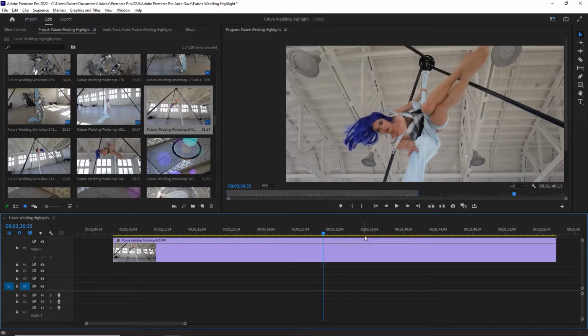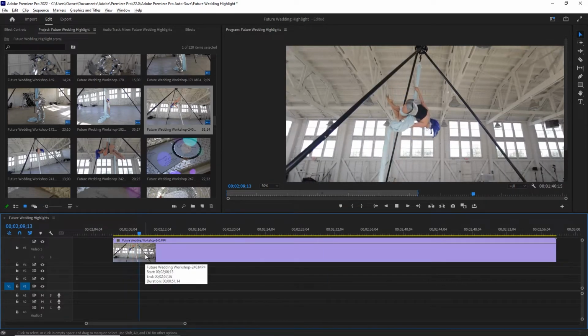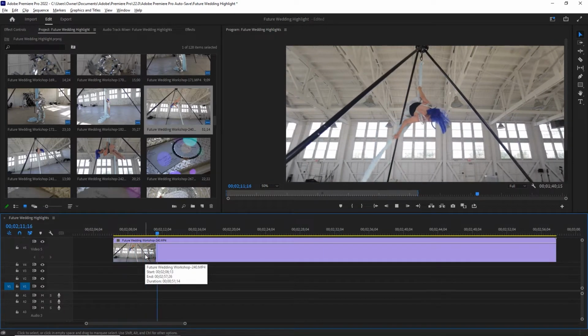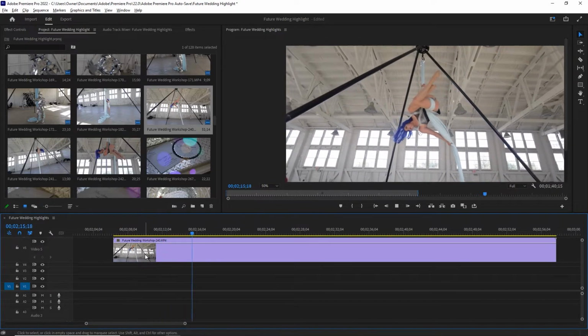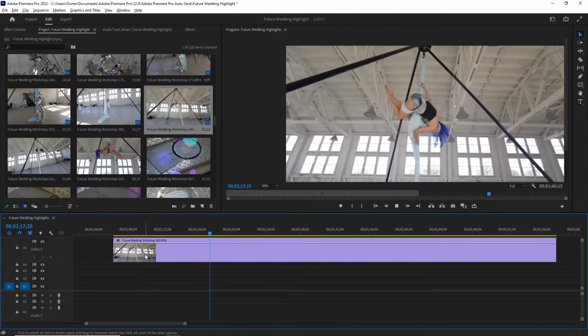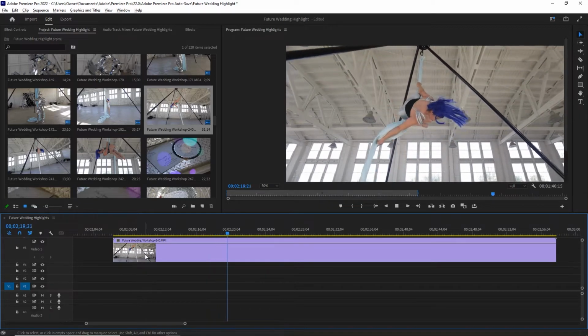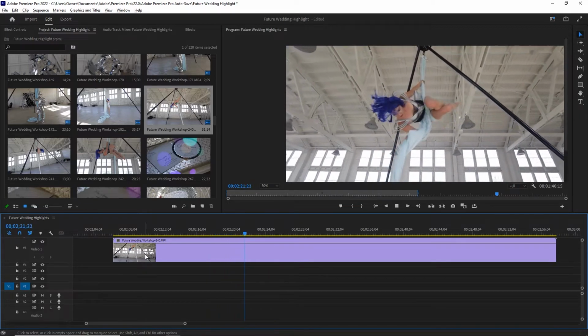Time ramping. Time ramping is when you speed up or slow down the rate of the playback of a video clip as it plays in your timeline. Here we have a clip shot at 128 frames per second on my Canon R6 of an aerial performer spinning around on her cloth as I move closer and look up at her with a wide-angle lens. I'd like this video clip to play in normal speed and then slow down to slow motion and then go